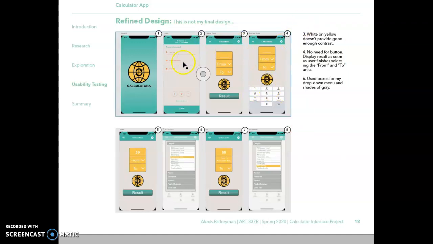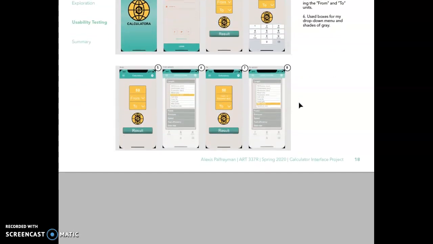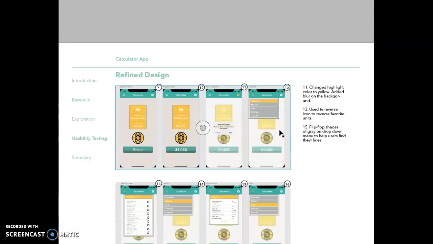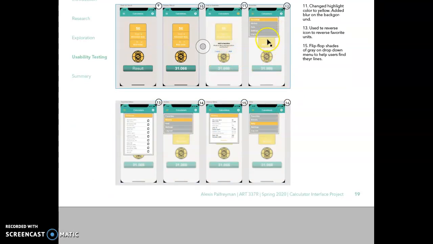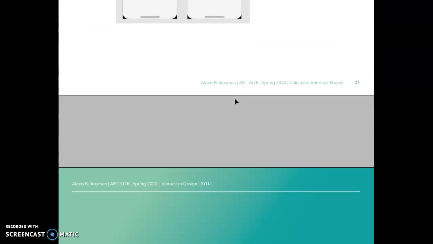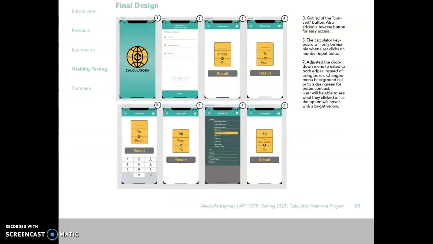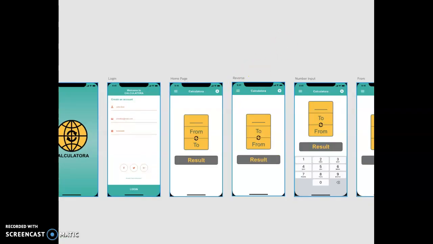I needed to edit a lot of things according to colors and drop-down menus and the blur in the background when the menu is down and things like that. So my final design I will show in the prototype. So just a second. Okay, so right here,